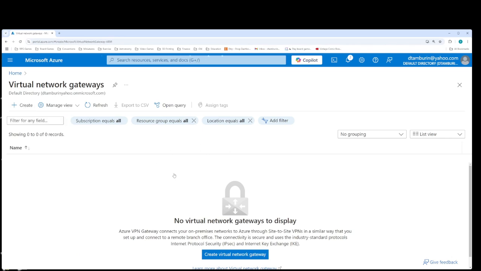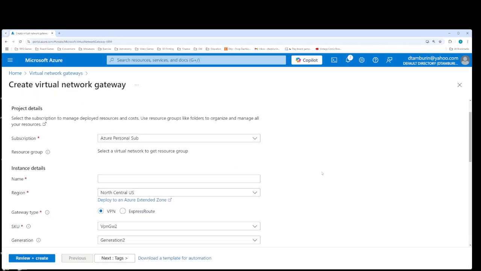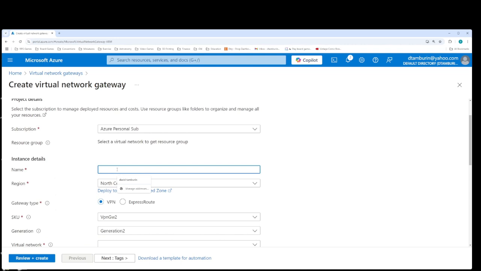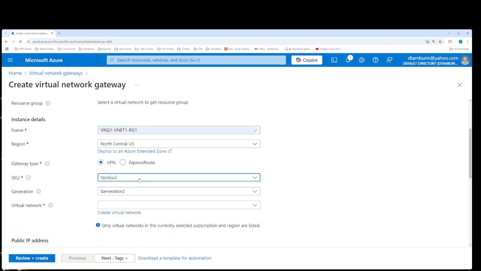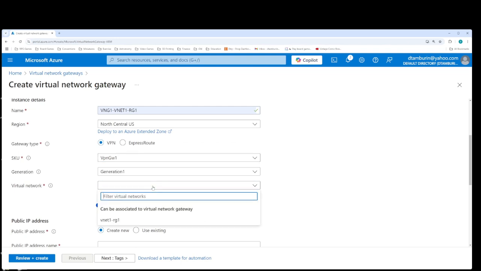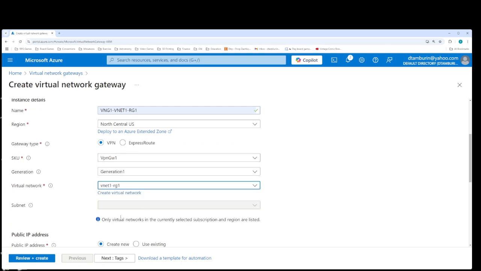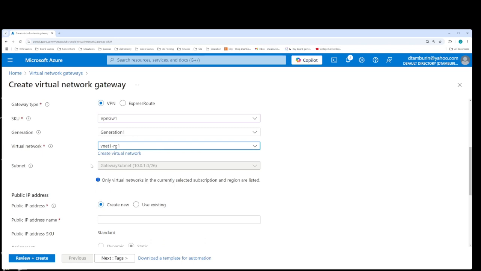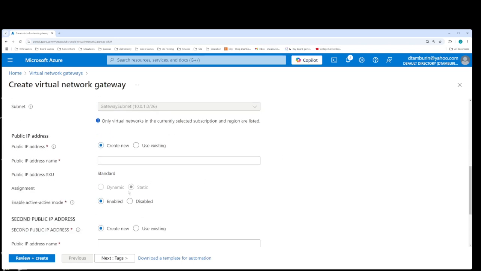Create. We're going to call it VNG1, in Resource Group 1. We're going to make it the smallest possible so it's the cheapest. So that's all we need for this demo. We're going to put it on our virtual network, and it automatically loads up the gateway subnet that we made. We're going to make a new